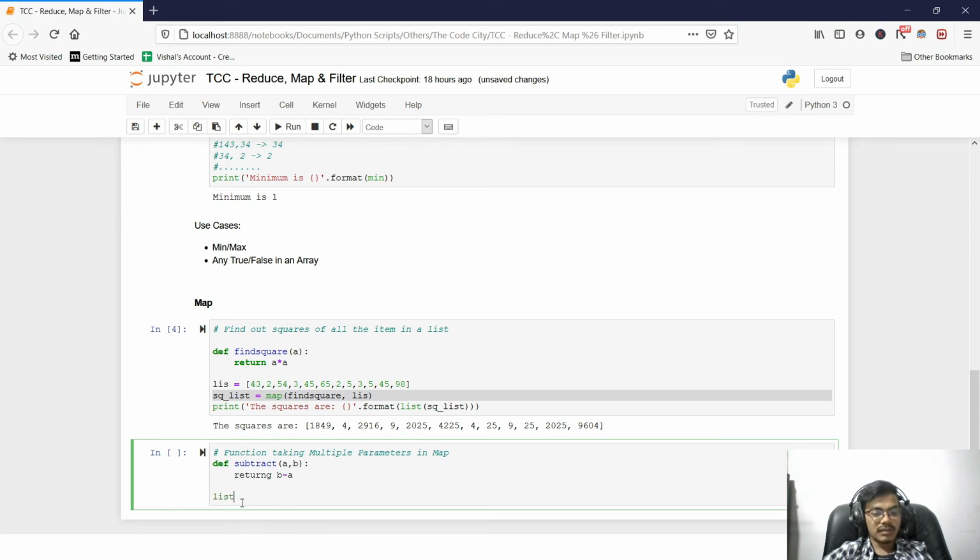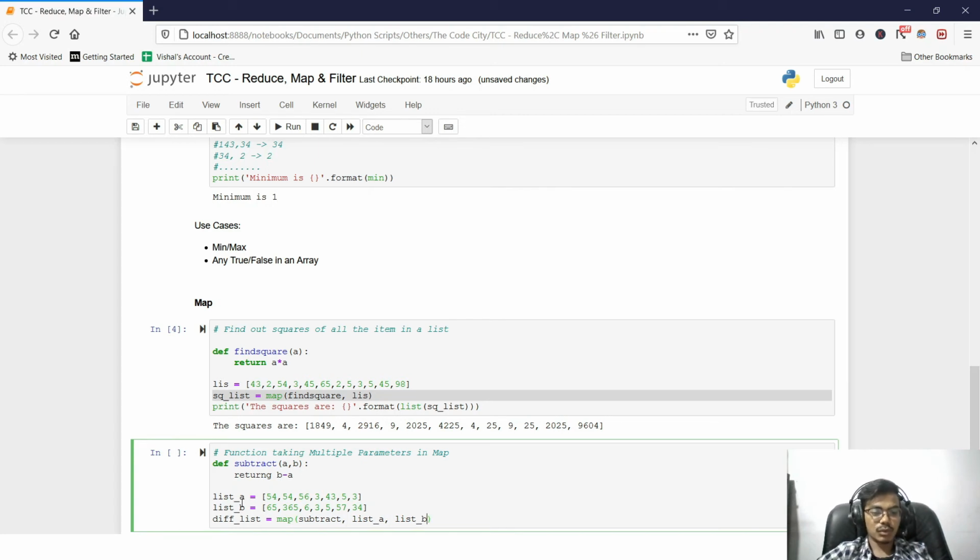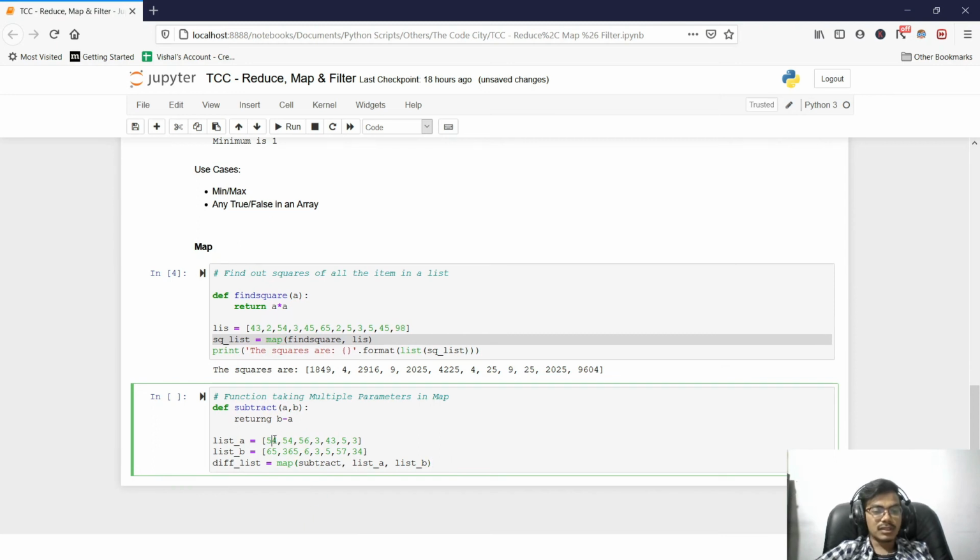So how can we pass the parameters as lists? This is also pretty simple. Let's say we have list A equal to this, and list B equal to this. Then we can say diff list equals map, first our function, which is subtract, then we pass the first list, and then we pass the second list. That is it, guys. We just pass both lists as parameters. So this becomes A, this becomes B, this becomes A, this becomes B when they are applied to our subtract function. If we print this,